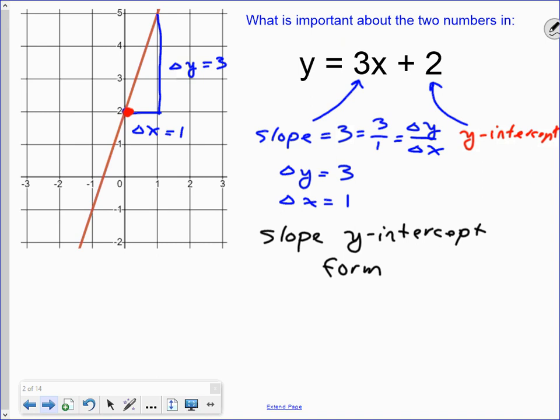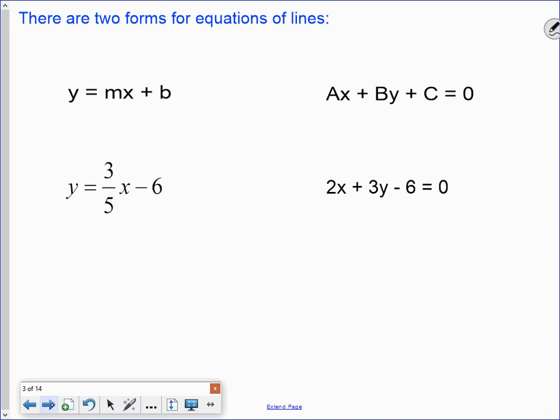Why is this form of the line good? Because it gives you the slope and it gives you the y-intercept, which are two valuable pieces of information about what the graph of your line looks like. Okay? Now, this is one of the forms of the equation of a line that we're going to work with, slope y-intercept form. Also written as y equals mx plus b, where m here is the slope and b here is the